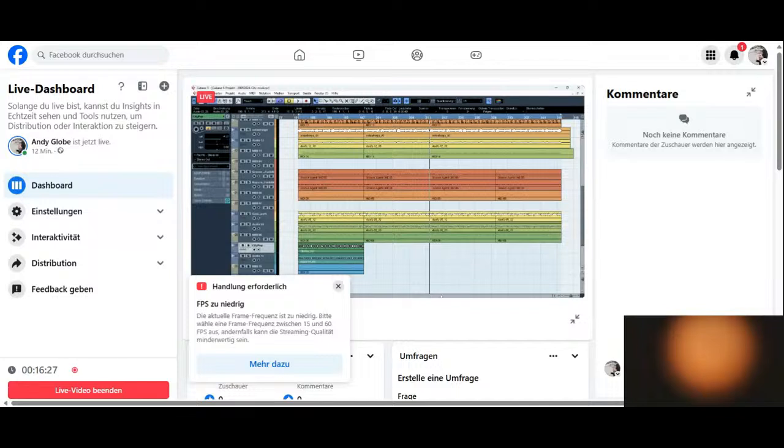So I hope you can see my Cubase now. Here on the right side, I put a button over it because it's about music. Maybe sometimes here and there with my face, but I will concentrate on the music. So I'll look into the screen, not really into the cam.